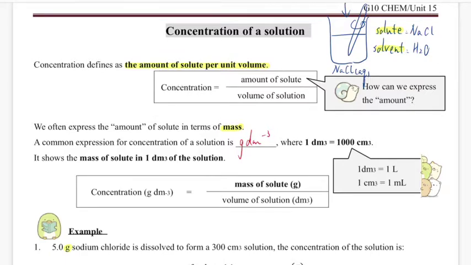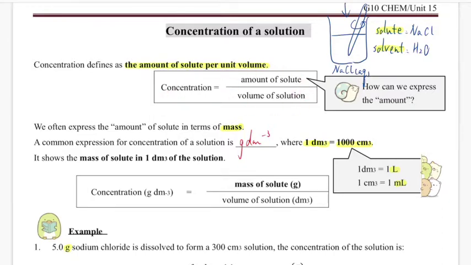First, 1 dm³ is equal to 1,000 cm³. So if we are converting cm³ to dm³, we need to divide by 1,000. Also, in daily life, we normally use liter or milliliter to describe the volume. A liter is equivalent to dm³, and a milliliter is equivalent to cm³. So now we can